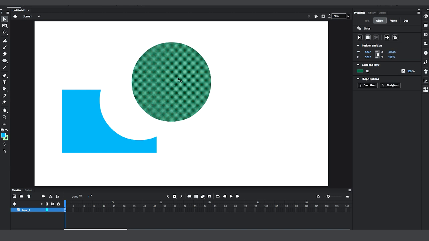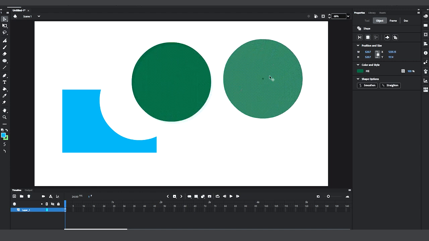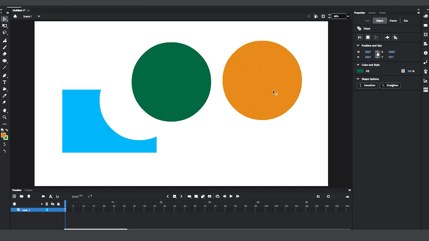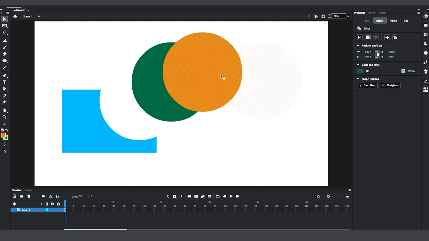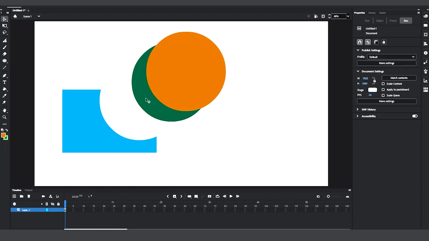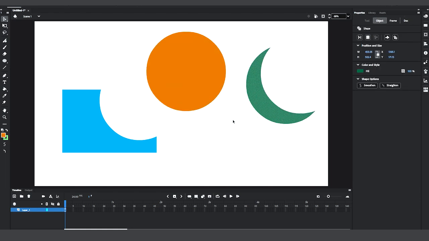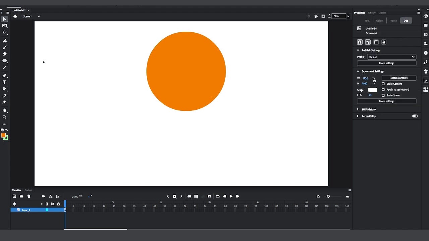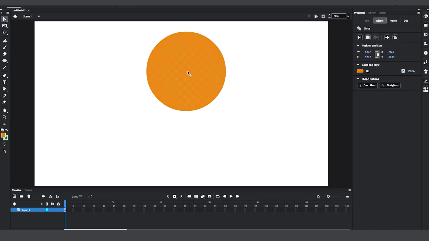For example, if I duplicate this shape by doing Command D on the Mac or Control D, I can actually change this color if I want to. And I could also place this over the initial shape, and if I click here, I can drag this out, and you see I've been able to create multiple shapes. All right, so play around with how to create shapes of your choice,